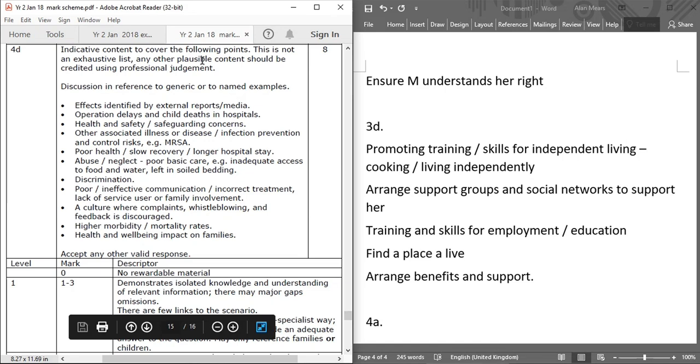I know I've gone through this relatively quickly, but again, it's a very old paper, and there were a few questions in here that I thought were worth flagging up because they are slightly different. As always, I hope you have found this useful. It's been a little bit of help in terms of understanding the questions, the structures, and having a look at what the mark scheme has to say. As I say, this is one of the earlier exam papers, so some of the things that the exam scheme and some of the criteria that's